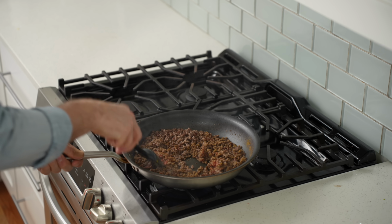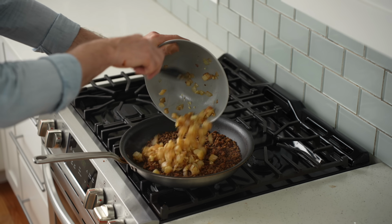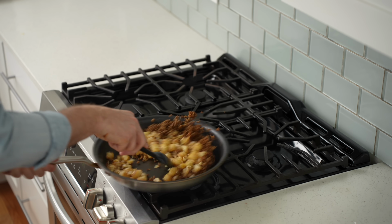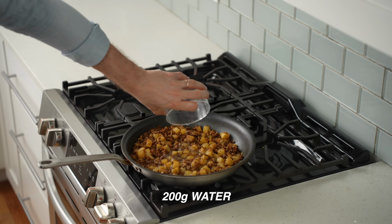Next, I'll stir in the spices and tomato paste to toast things off and to open up their flavors. Also, these spices can burn, so be quick about stirring them in and don't toast them off for too long. 30 to 40 seconds later, I'm gonna add in my potato and onion mix, then I'll stir that to combine to get those covered with all the spices and things. At this point, it's starting to look like a tasty dinner. Then next in is 200 grams of...